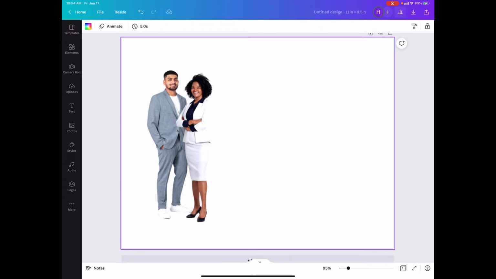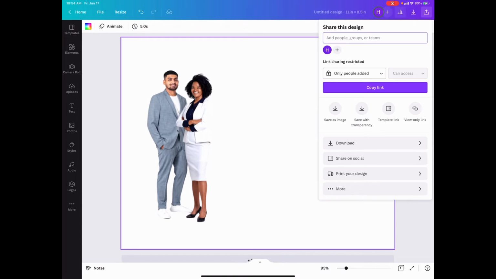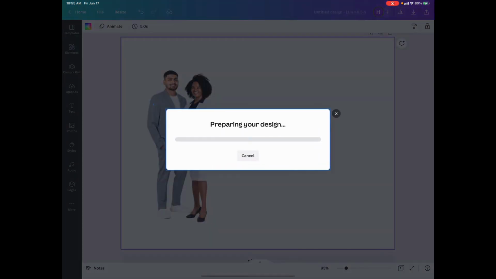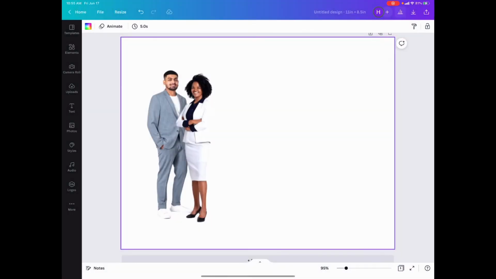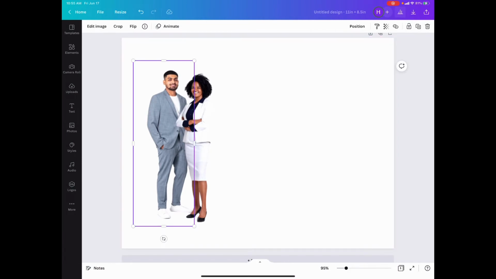Now I can save this image as it is if I wanted to go to a different page, but I'll just bring in some scenes. I think I want to keep them together. So I'm going to click here on the top right arrow that's pointing up, and I'm going to choose Save as Transparency. So it'll save them together as a couple as a transparent image. And I'm just going to hit Save Image, close all of this out,